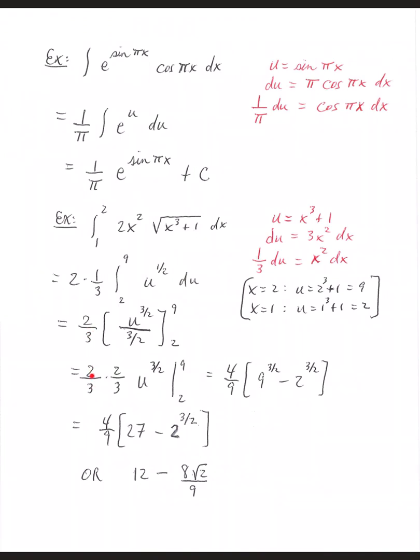So we have 2/3 times 2/3. Once that's flipped, that's 4/9. U to the 3/2, where we sub in a 9 and then a 2. That gives us 4/9 times 9 to the 3/2 minus 2 to the 3/2. So 4/9. 9 to the 3/2, that's square root of 9, which is 3, cubed, that's 27,